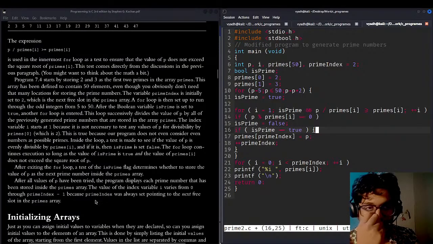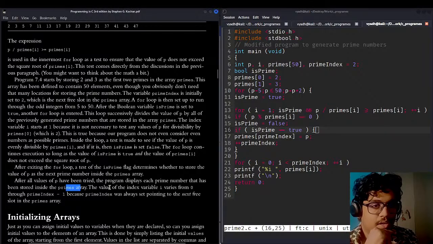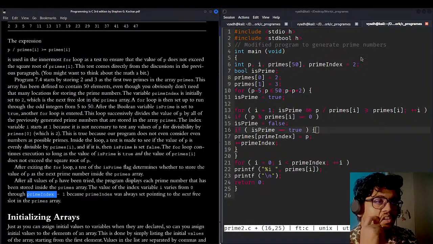So after all the values of p have been tried, the program displays each prime number that has been stored inside the prime array. The value of the index variable i varies from 0 through primeIndex minus 1, because the primeIndex was always set pointing to the next free slot in the prime array. Okay,